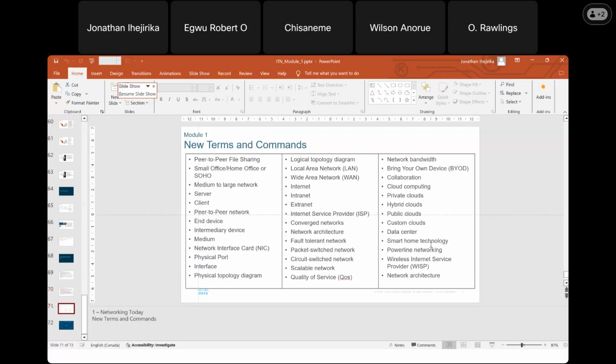These are the new terms and new commands we've been able to gather from this particular module. We have peer-to-peer file sharing, that is one device to another end host device. We have the small office, home office, that is SOHO. We have the medium to large network. Talk about the server, the client, the peer-to-peer network, end devices, intermediary devices, medium, network interface card. As we go on, we'll know what this NIC means, the network interface card, which is very important in every end device. We have the physical port, the interface, the physical topology diagram, and the logical